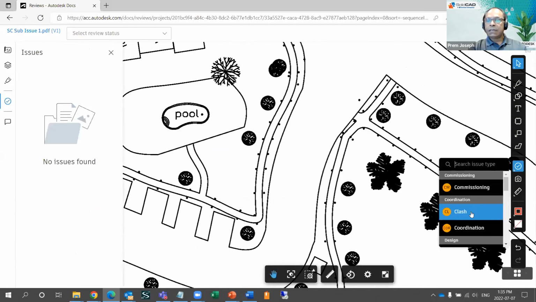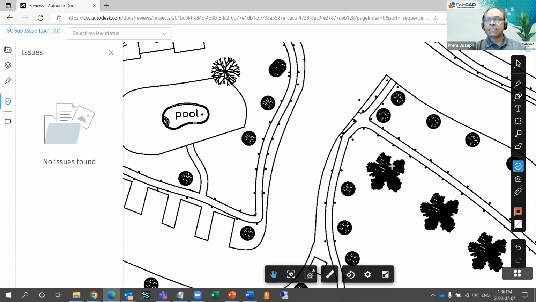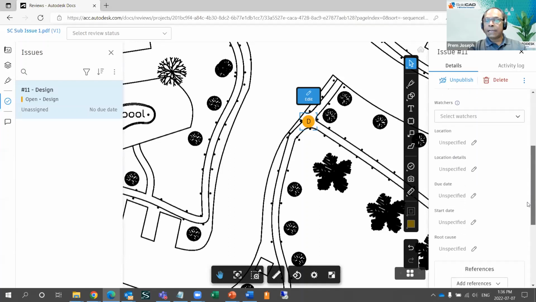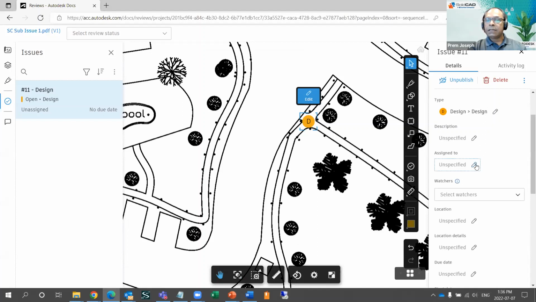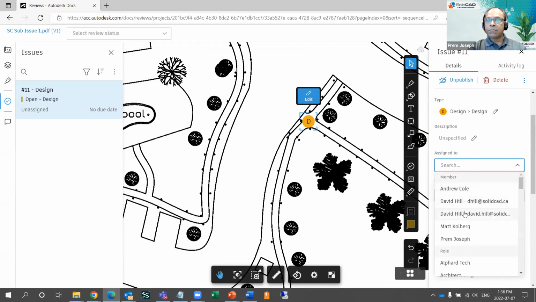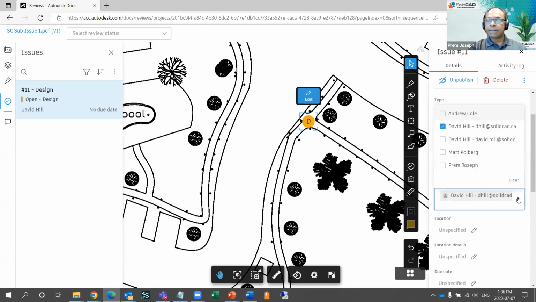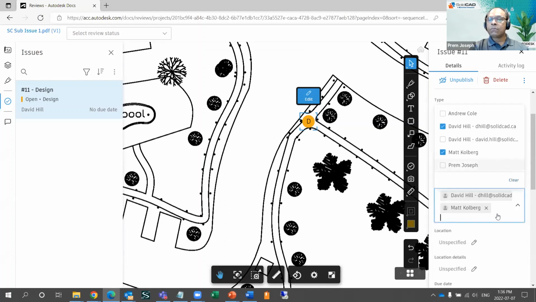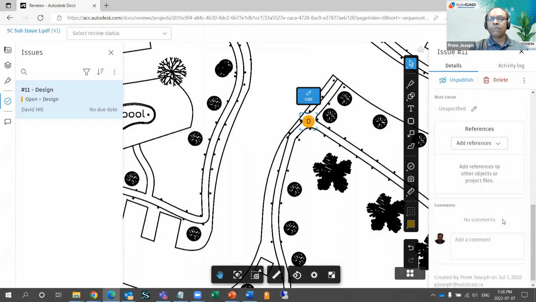I'm saying, let's take a good look at this design area. I would like to have the designer and the team to take a look at it. So I'm going to go over and assign a few guys, including the project manager. I'm going to add Dave Hill and Matt there. Okay. So once I have included the assignees and am adding a comment, I'm concerned about the